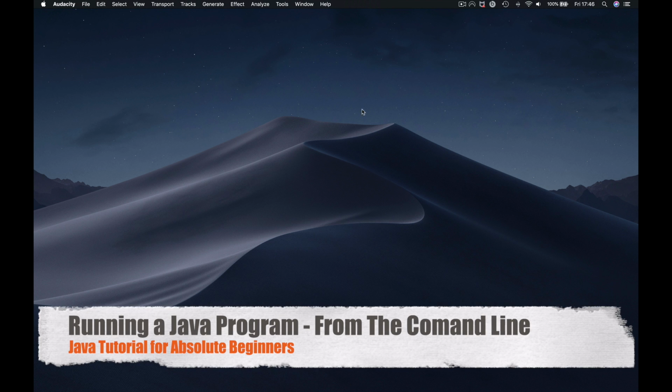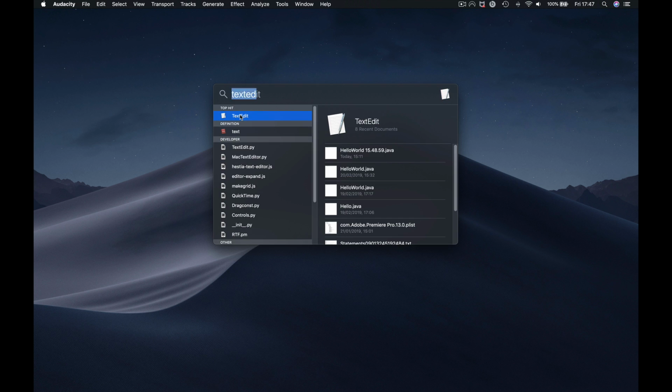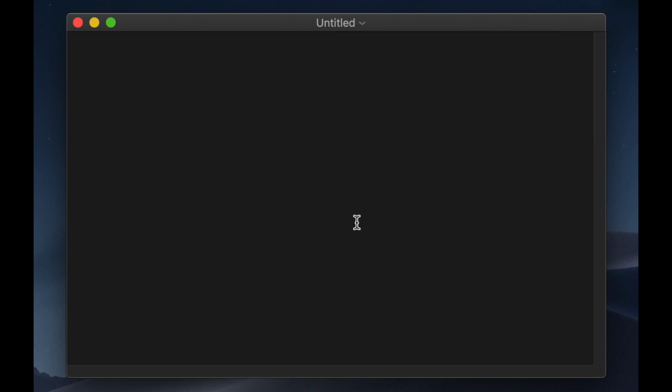In this tutorial we're going to create our first program, but before we go ahead and use the Eclipse IDE, I think it would be beneficial for you to learn to use the command line to compile and run our first Java program. So let's begin by opening TextEdit, and then in a new document type in public class